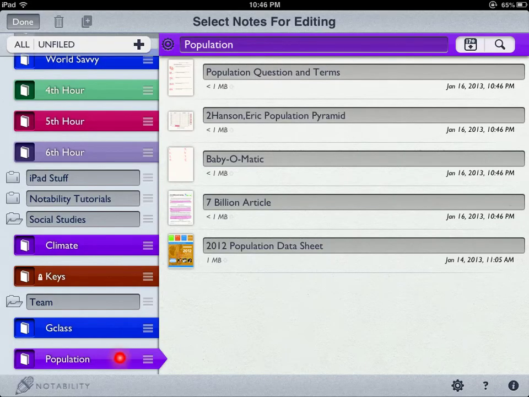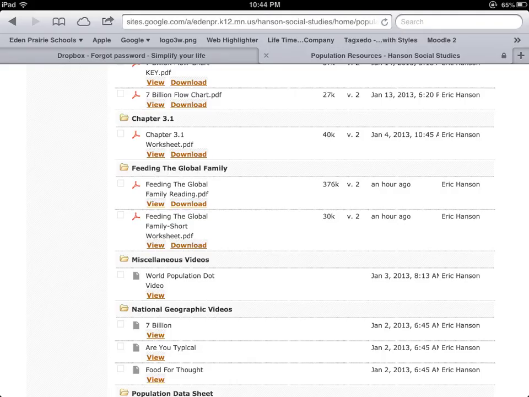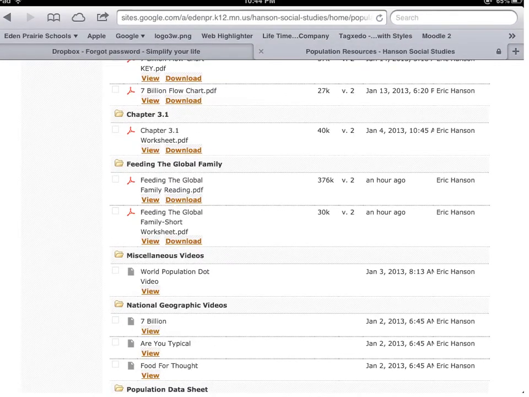So in Notability, make sure you're in your population folder. These should be some of the ones, they should look similar to the ones on your own Notability file. And then make sure the population is open, and then go back to my website. When you get back to the population resources on my website, make sure that you choose the reading Feeding the Global Family